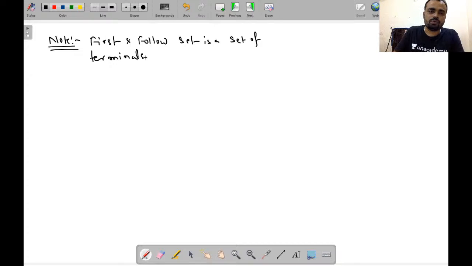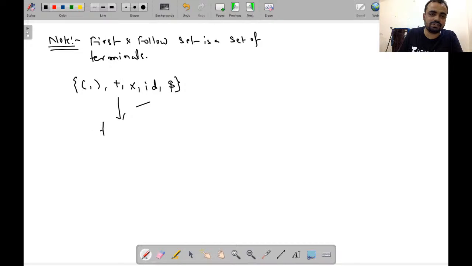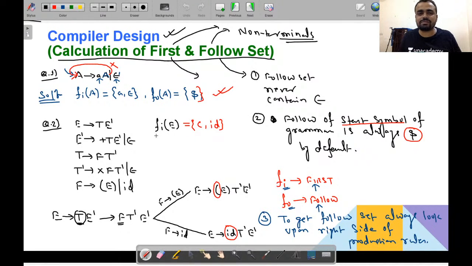Okay, so हमारे इस ग्रामर में टर्मिनल्स में क्या क्या है? लेफ्ट ब्रैकेट है, राइट ब्रैकेट है, प्लस है, मल्टीप्लाई है, आईडी है, एंड डॉलर है. Generally epsilon we do not consider in the first, or generally epsilon we do not consider in the set of terminals. So these are the set of terminals. Okay, epsilon को हम लोग टर्मिनल्स में कंसिडर नहीं करते हैं, लेकिन फर्स्ट वाले पार्ट में epsilon आ सकता